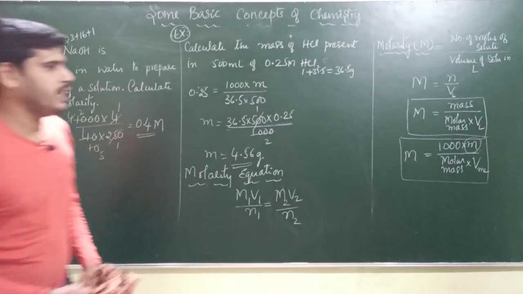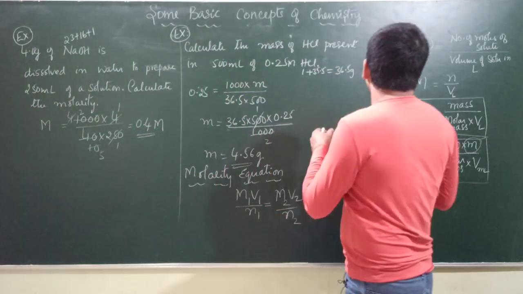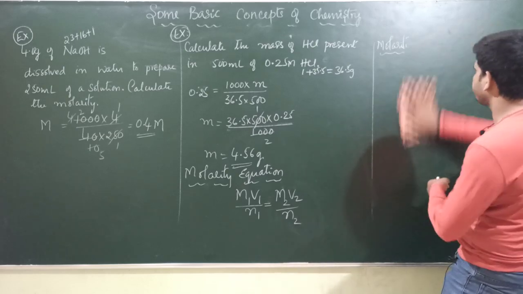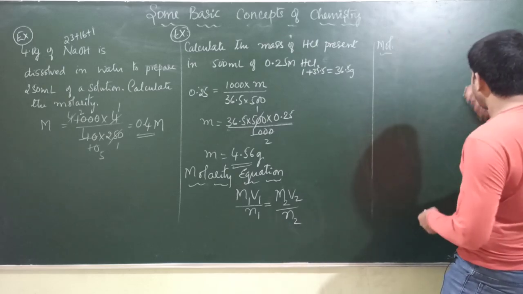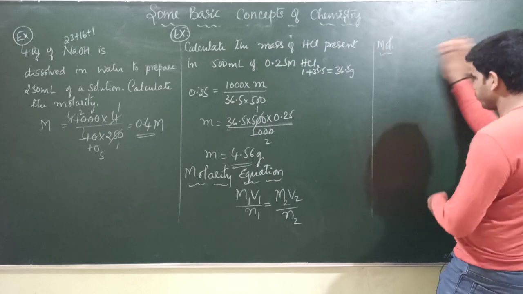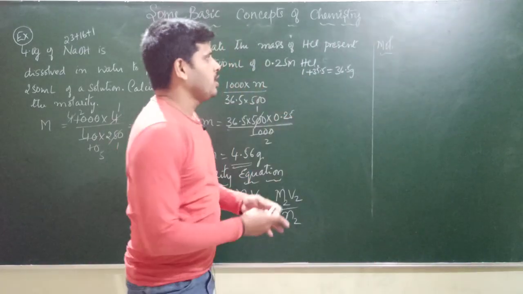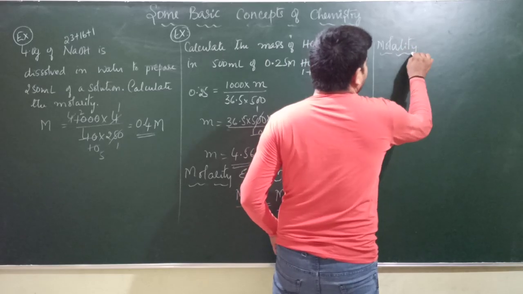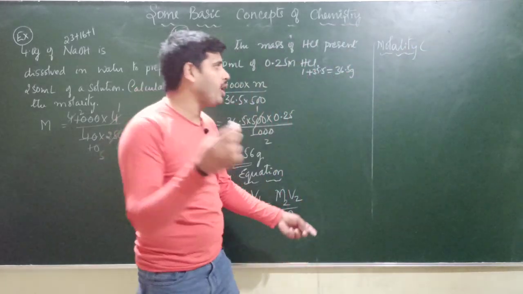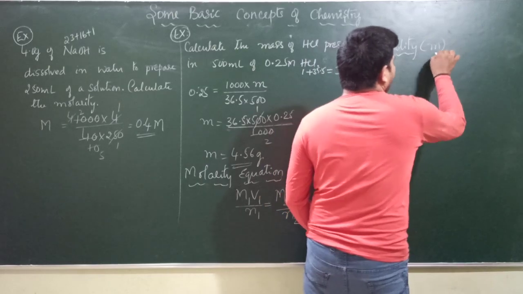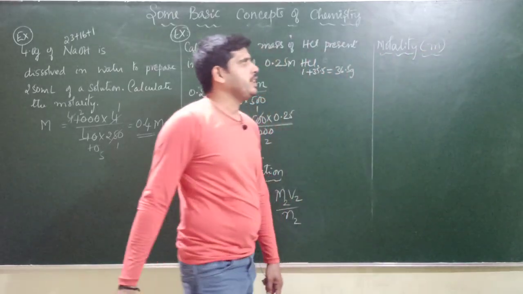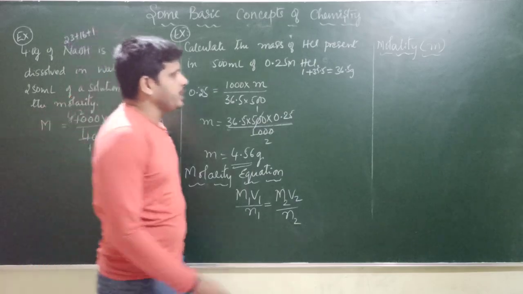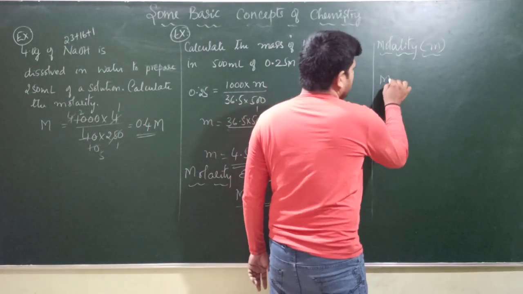The third unit is molality. A small change, dear students. Okay, molality. So molarity we have seen. What is that molality? Let us understand. So you have molality, and the notation used for this is small letter m. Now how to write a formula for molality? Molality is equal to